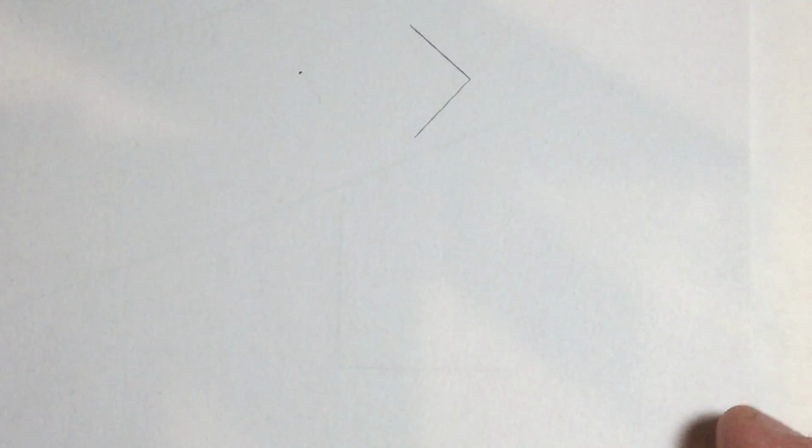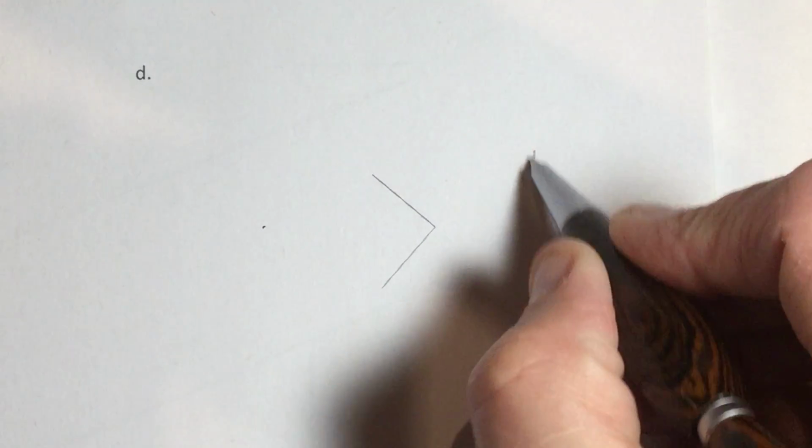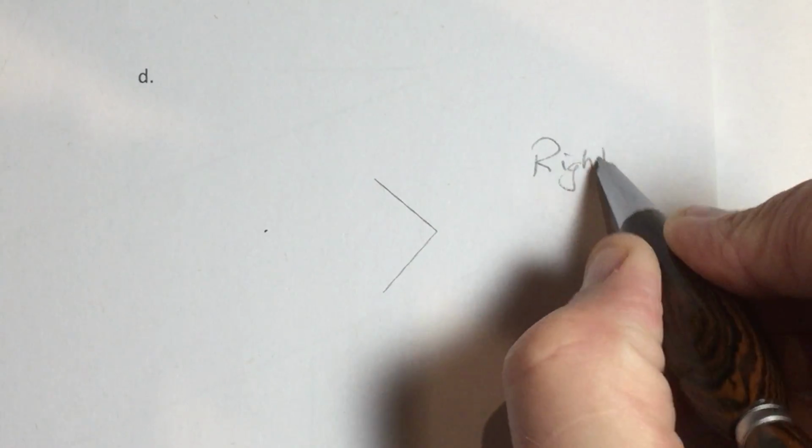So if I turn it, it looks like a right angle, and I know from our review of angles that right angles measure 90 degrees. So I think that's my angle, but I'm going to confirm that. And again,